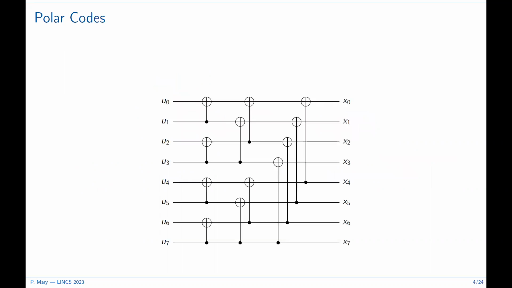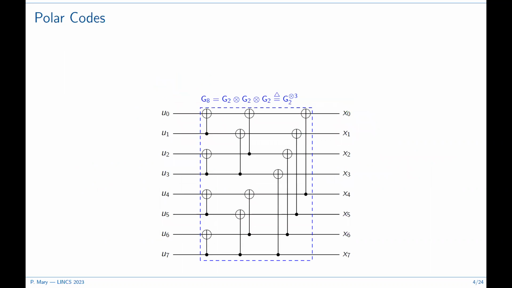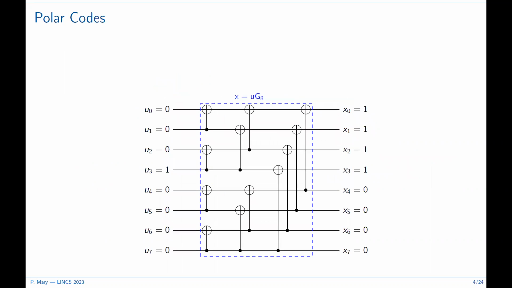This block can be extended to any block length that is a power of 2. For instance, here for a block length equal to 8, it is a 3-times Kronecker product of the original polarization kernel. So if we have this information vector, we get this coded vector. And if we extend the reasoning that we made for the binary erasure channel with the fundamental polarization kernel G2,